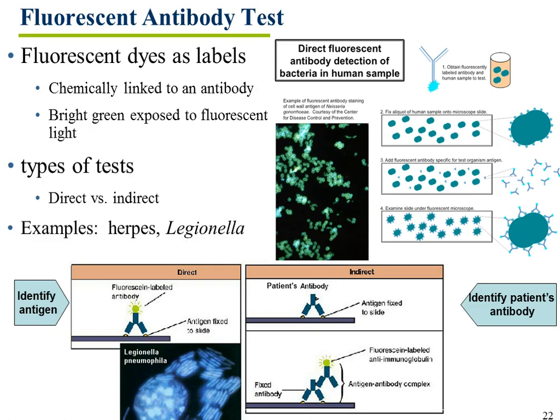Okay, here's a fluorescent antibody test. This is used very, very commonly. You can do it a couple of different ways. In either way, you're using a fluorescent dye. And that fluorescent dye really lights up in a microscope, and you can see it very easily. So these dyes are linked to an antibody,